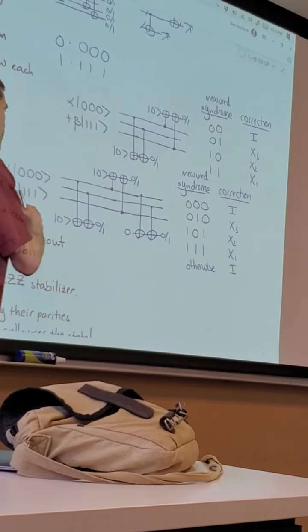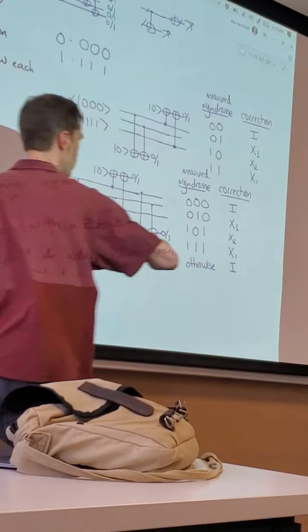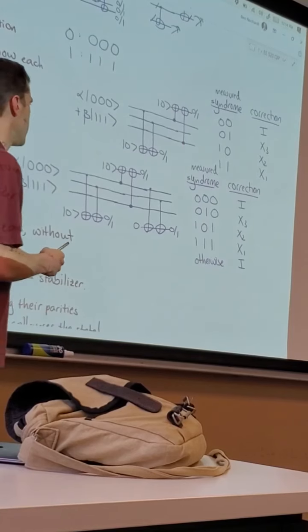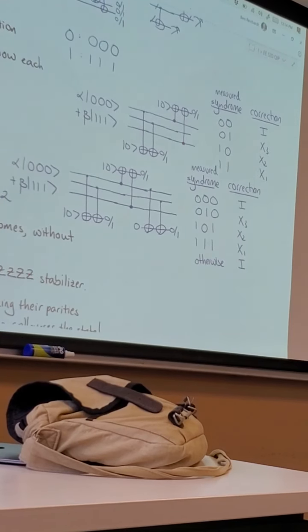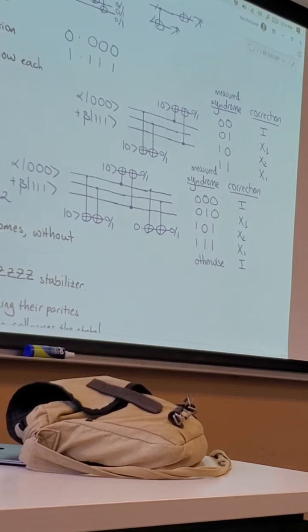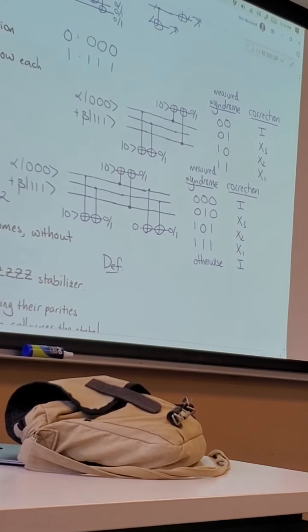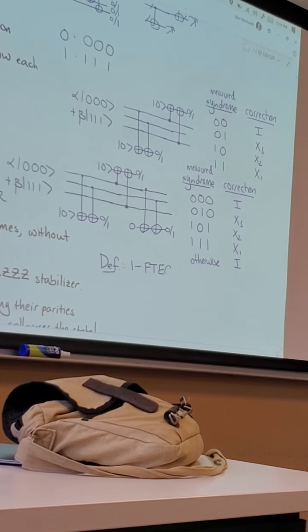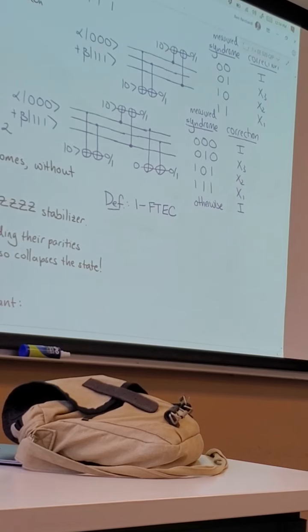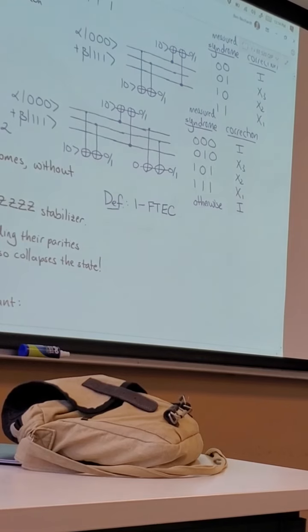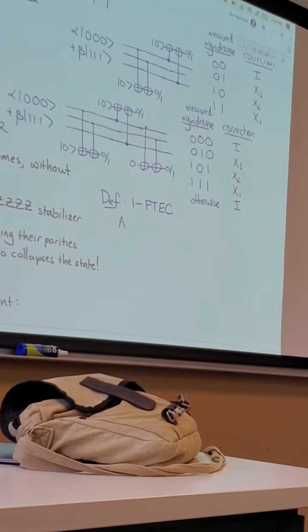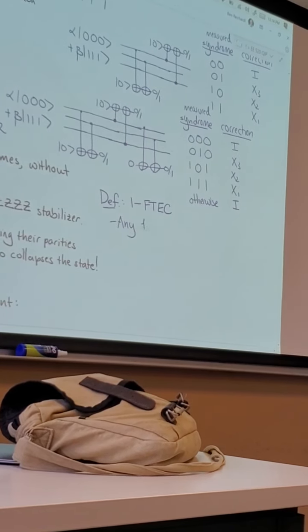We want to say that this circuit with these correction rules should make the circuit better. It should do error correction. And so what we say is that, okay, let me write out a definition. So I'll say one-error fault tolerant error correction. What it should do is, see if this makes sense. Any one fault